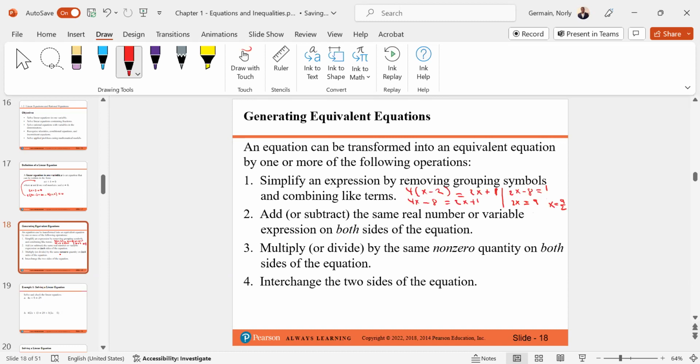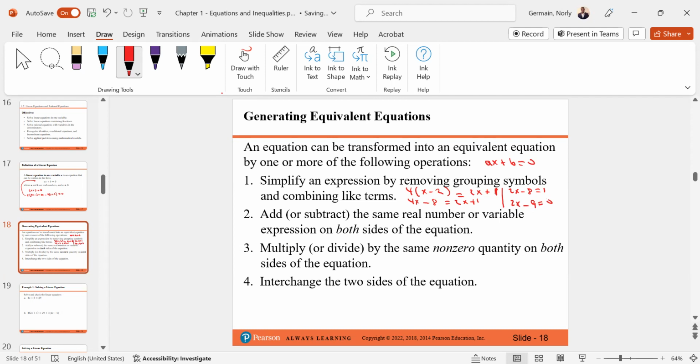But that's not where we're going. Most of all, it's not solving the equations right now, but it's to show you the simplifying. For example, here, if I subtract, it gives me 2x minus 8 equal 1. If I subtract 1 from both sides, I'm going to have 2x minus 9 equal to 0, and this still gives me the form ax plus b equals 0. You see, b is negative 9 and a is 2, and you set it equal to 0. So no matter how you have it,